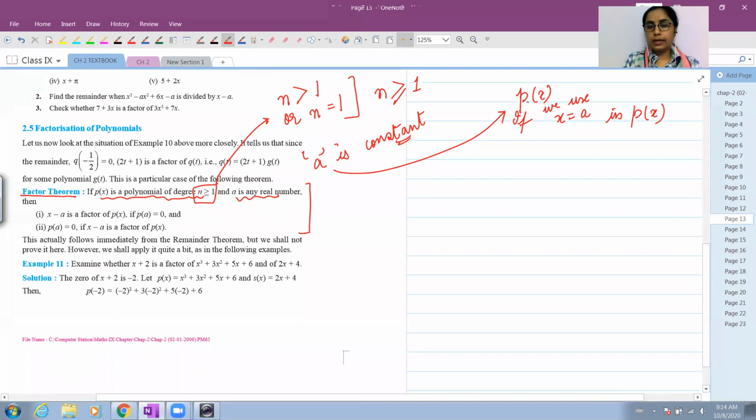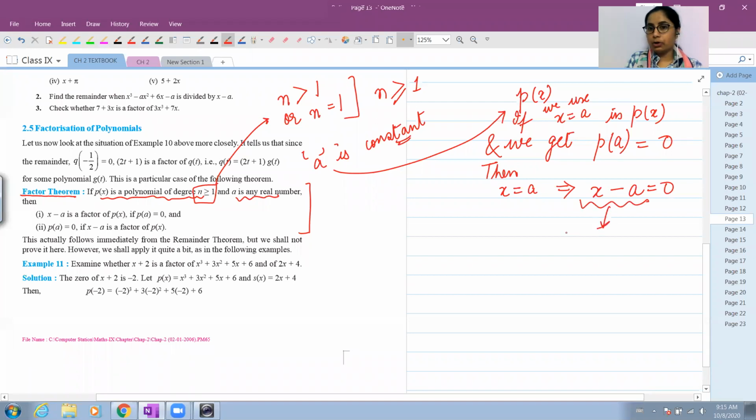So we have a polynomial p(x) जो constant polynomial नहीं है, either it's a linear polynomial, quadratic polynomial, cubic polynomial या उससे higher degree का हमारे पास कोई polynomial है और a कोई constant है. तो अगर हम polynomial p(x) में x को replace करते हैं by that constant, p(x) में हमने x की जगह पे a use किया and we get p(a), ये जो replace करके value आएगी equals to 0, तो हम क्या बोल सकते हैं कि x equals to a से जो polynomial बनेगा, इससे polynomial form करने के लिए what you want to do is you want to transpose the constant from RHS to left hand side. So this linear polynomial is a factor of p(x).